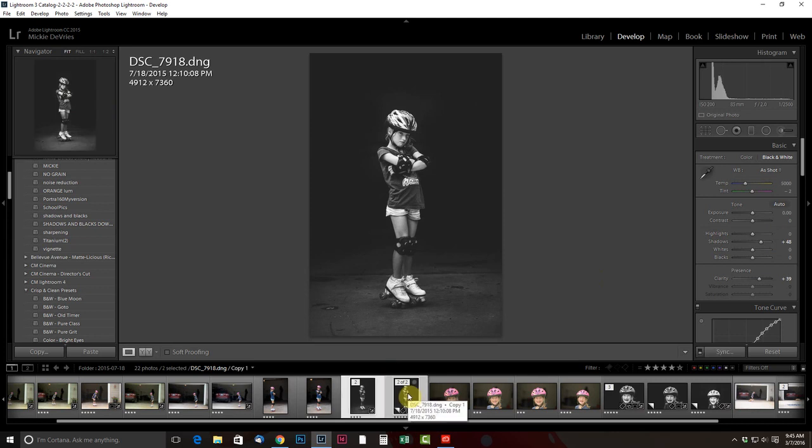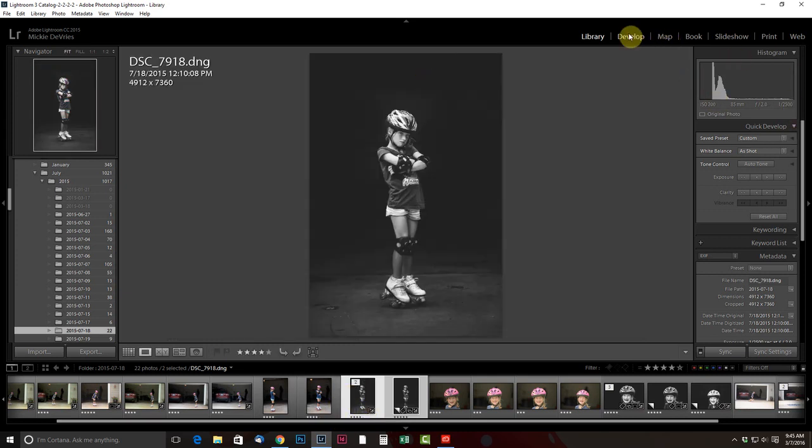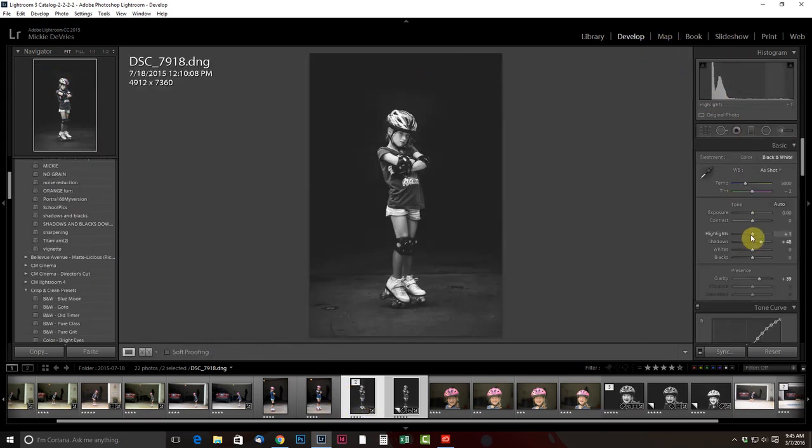Let me put them side by side. I'll select them both and hit N, so it will give me them side by side. And it's pretty close. The highlights look a little bit brighter, so I could tone those down and bring this down just a tad bit if I wanted to. But they're pretty close, and that's basically how